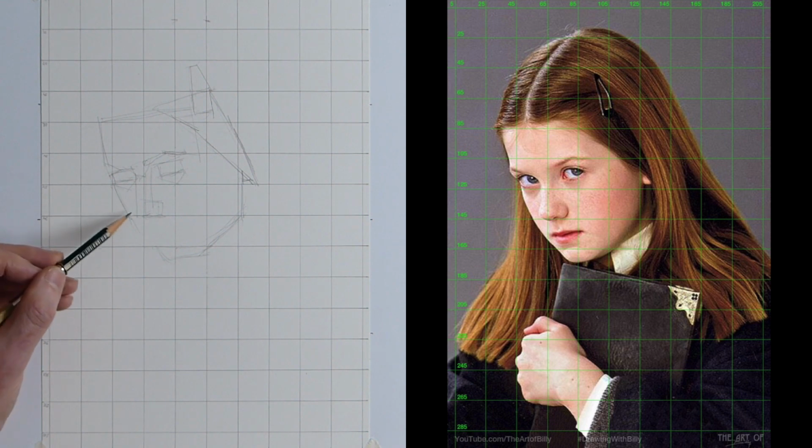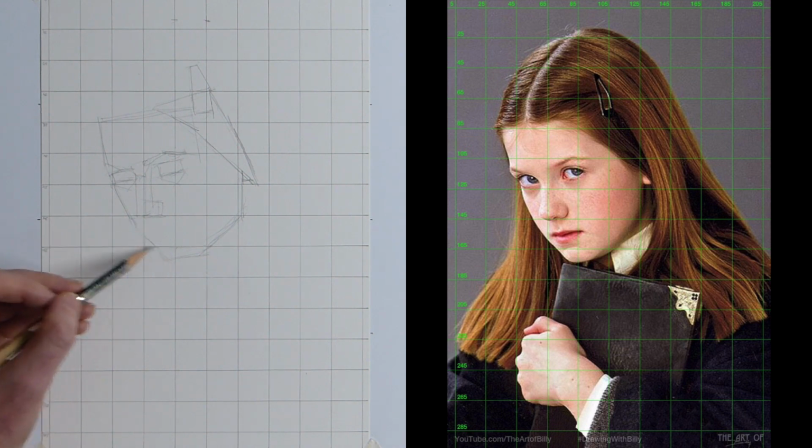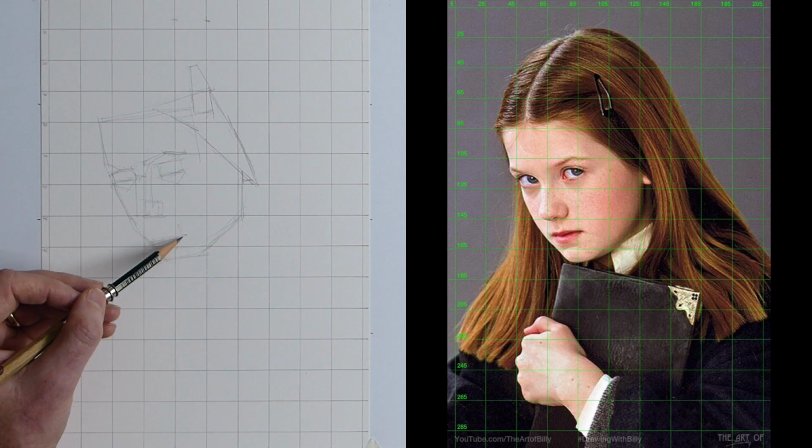I'm being a bit lighter than I am normally. So anyway, we bring the cheek line down, and you can see there's a little triangle there caused by the lines of the 65 and the 165 that then comes down to a chin. And then we want another diagonal rectangle shape just to the right of the 85